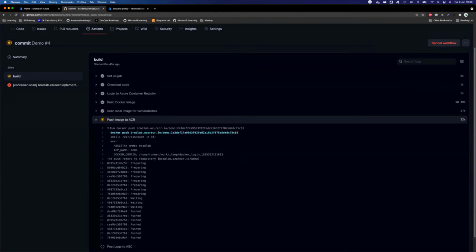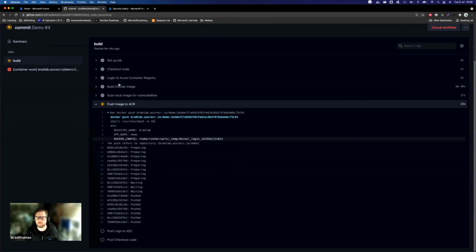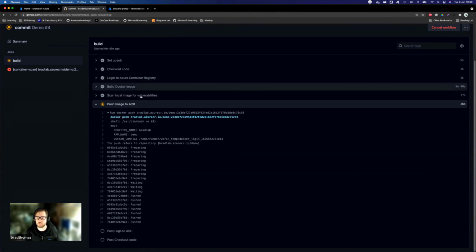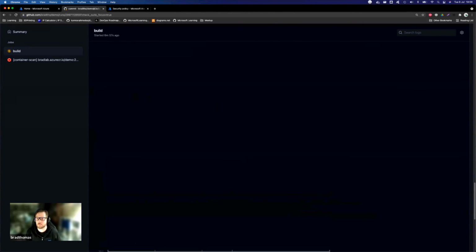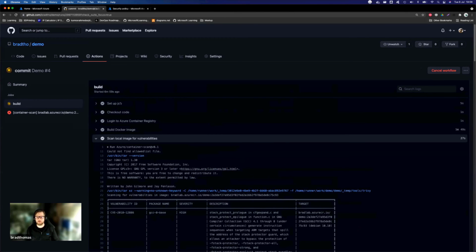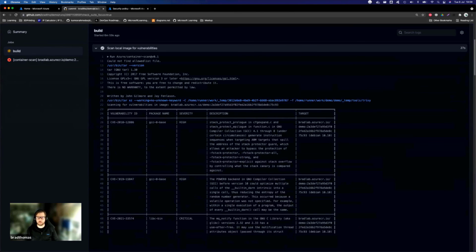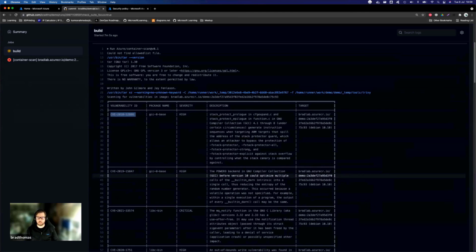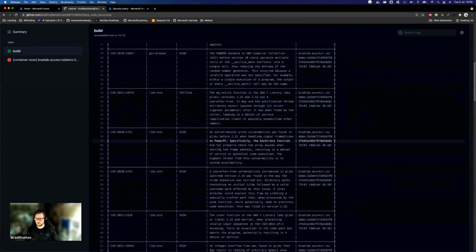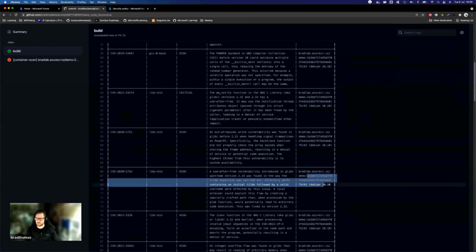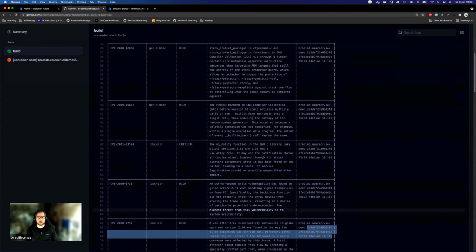So let me just, cool, we're pushing. So built the Docker image successfully. Now this is probably the most important part. So scan the local image for vulnerabilities. It's going to click past me because it's still running. So it will actually give you a report on the specific CVEs that have been discovered inside of the Docker image. It can tell you which specific image, the hash, the actual package,